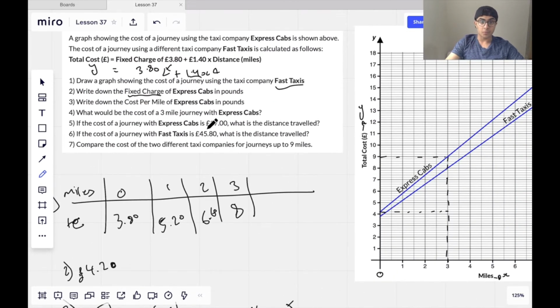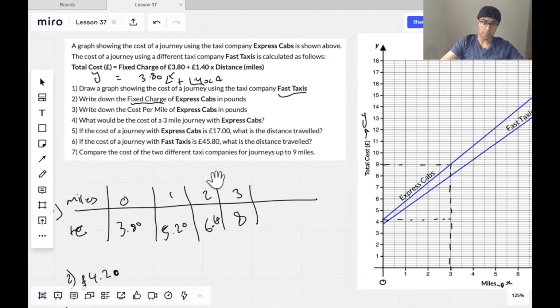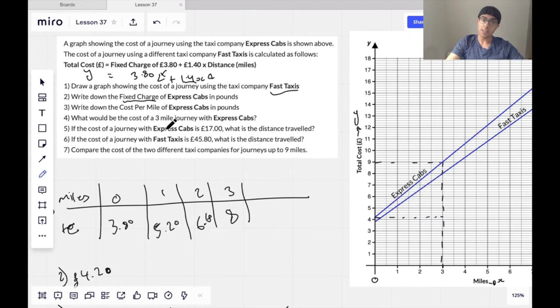And then, okay, what would be the cost of a 3-mile journey with express cabs? We're actually kind of lucky we did this by chance. So we look at 3 miles, we go up to the line for express cabs, and that's £9, as you can see. So in this case, a 3-mile journey is the x value, the horizontal value, at 3. So we go to 3, we look at the line for express cabs, and then we just see what the